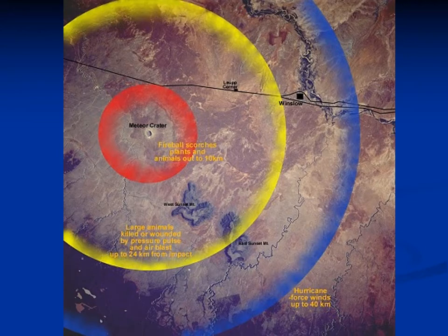The impact was so massive, though, that for a distance of about 10 kilometers, so that's about 6 miles from the actual impact, the fireball from the blast pretty much killed everything. Okay, out to a distance of 24 kilometers. So that's quite a bit farther out. So at a distance of 24 kilometers out here, you had